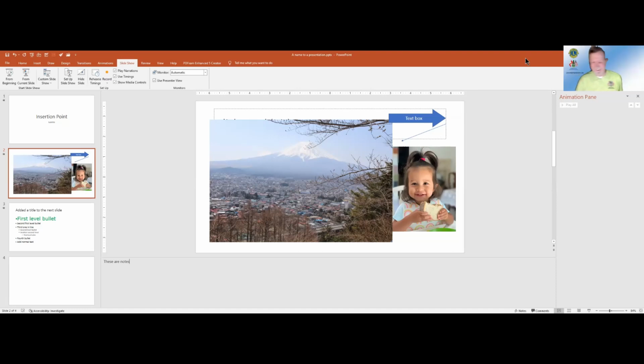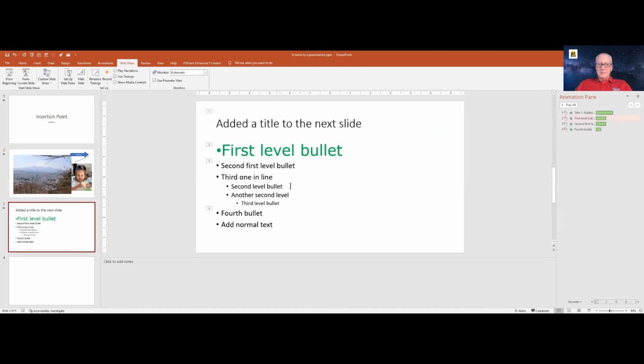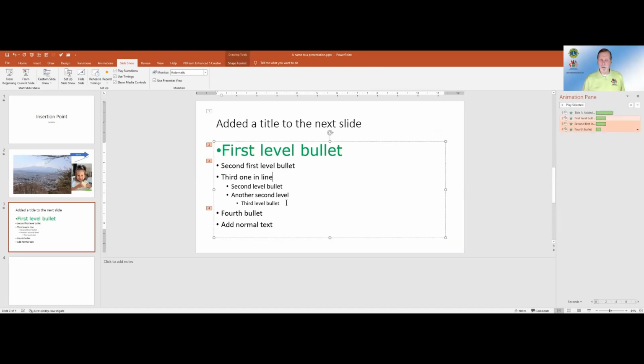She knows it too. So Willie Brown is asking, on the third level sub bullet to the main bullet, can you show how that's done? On the third level bullet, if I want to promote this to the first level, and it's a line that already exists, on my keyboard, I hold down the Shift key and I hit the tab. I need my cursor at the very beginning of that line. Hold down the Shift key, hit the tab a couple of times. I have promoted that.